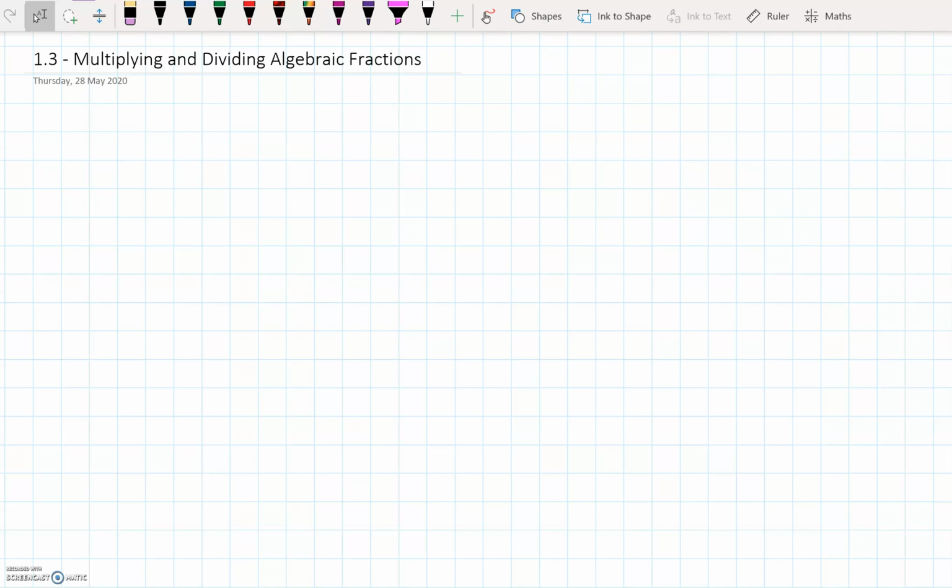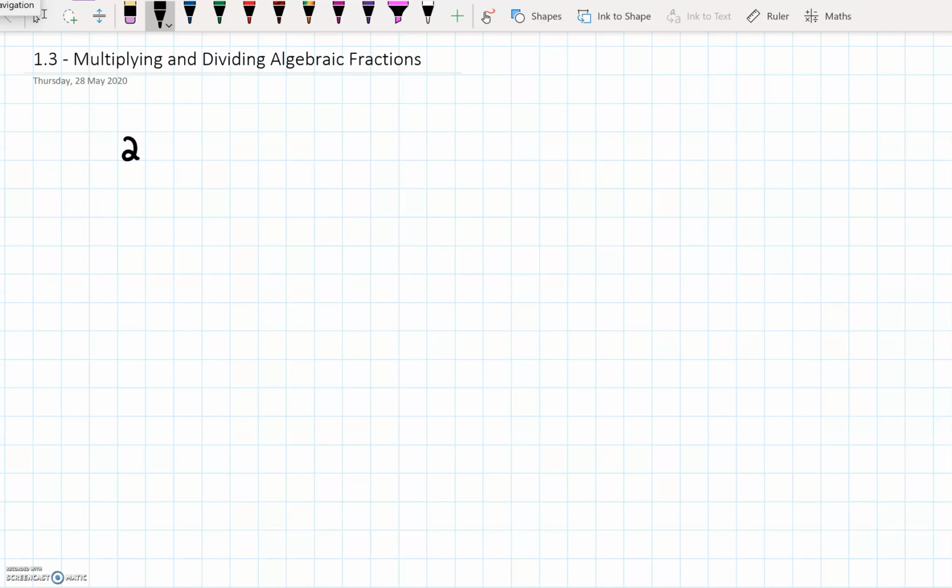Okay guys, what we're going to look at now is multiplying and dividing algebraic fractions. First we're going to go back a little bit and look at theory A, simplifying fractions. This is really part of the division. So for example, if we have something like